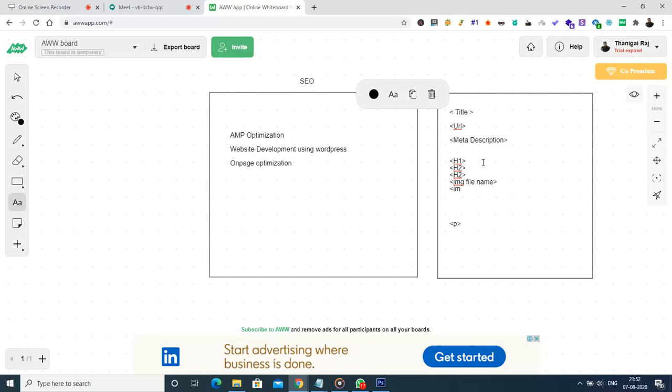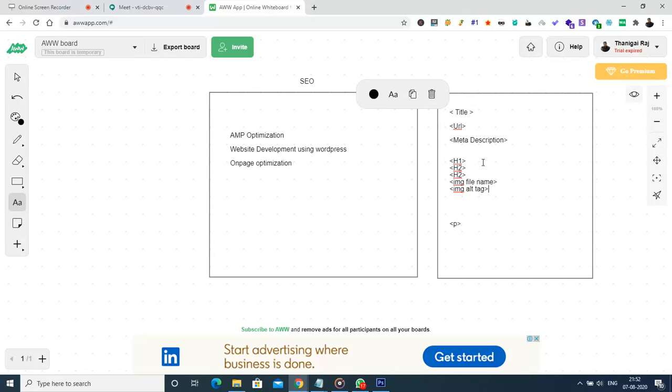Then comes the image alt tag. This alt tag is added along with the image, in the code which represents the image. It is useful because if the image is not loaded, the alt tag will be loaded.